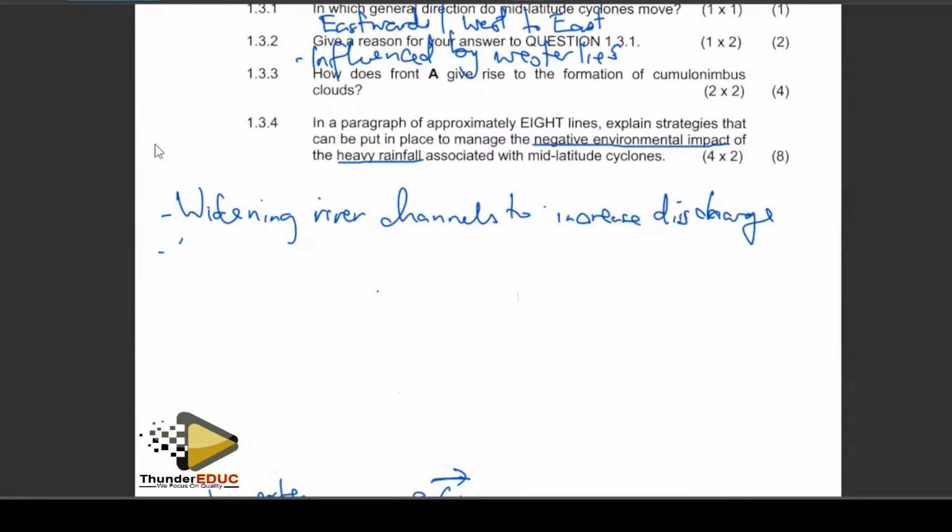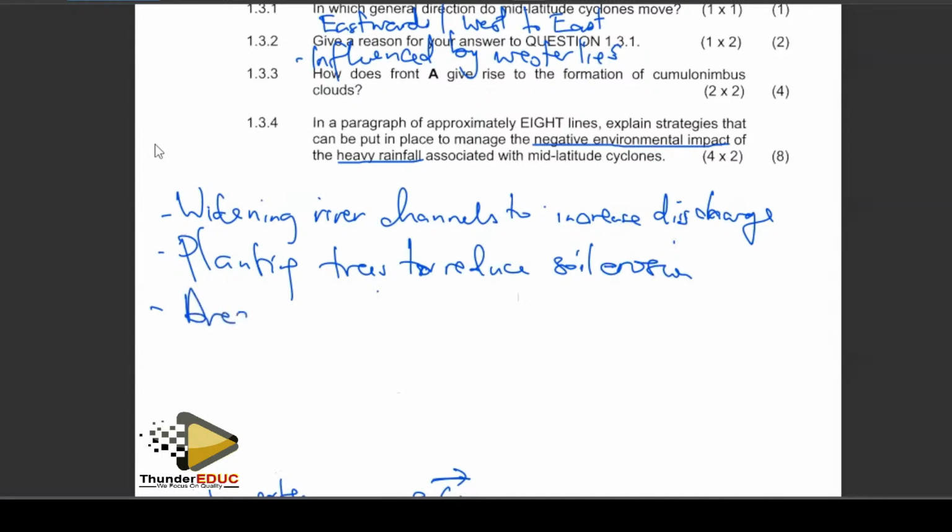And also, we can talk of planting trees. How is planting trees important? We want to try and reduce soil erosion. The natural environment is going to be affected negatively through soil erosion. If there's heavy rainfall, there's more surface runoff, the soil is loose and is not covered. It will mean that we have a high risk of soil erosion on the environment. So if you plant trees and vegetative cover to reduce soil erosion on the environment,